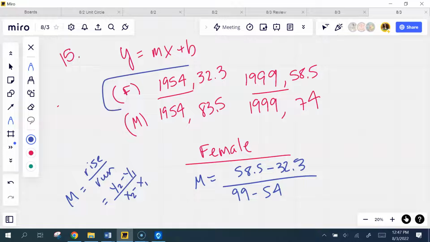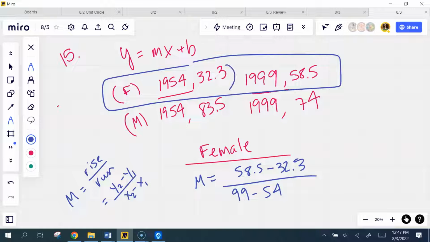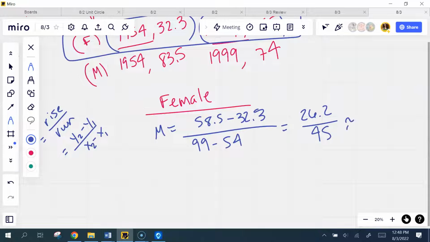So first I'm just focusing on these 2 points right now. Then I'll move on to the next two. So up top, I get 26.2. On the bottom, 45. So my slope is approximately